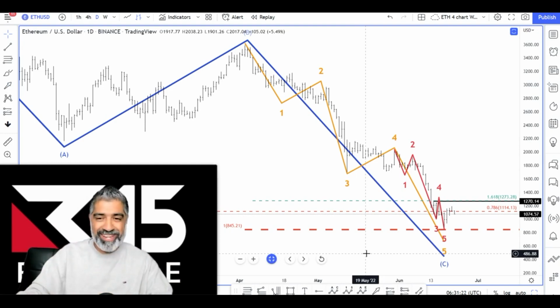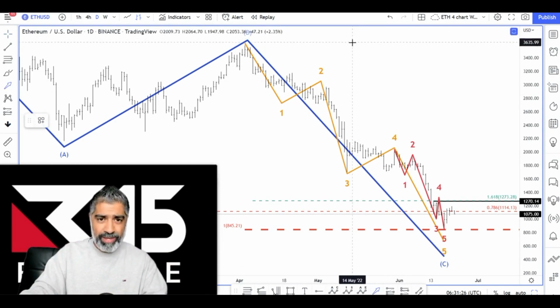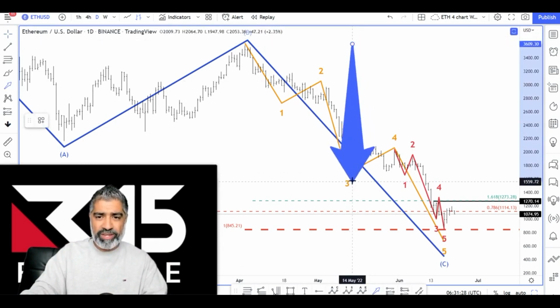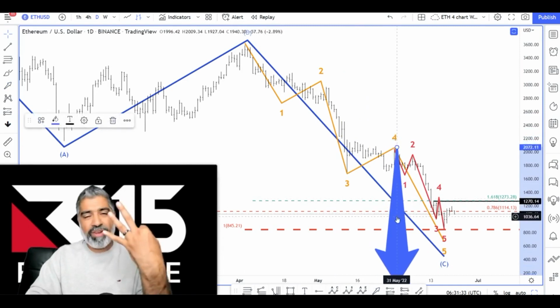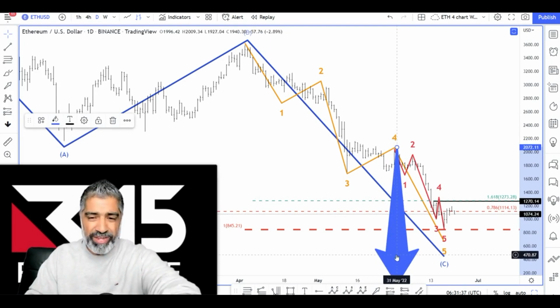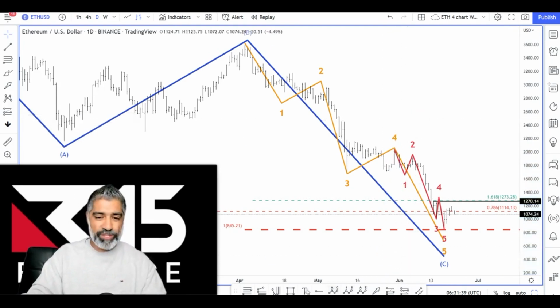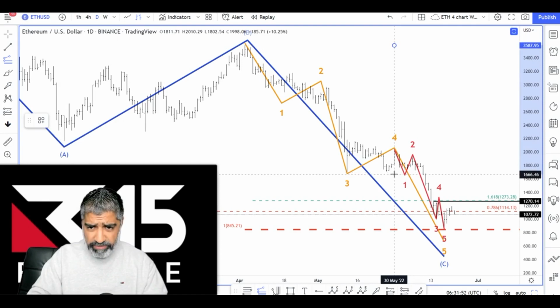What it means in English, I cover this in the masterclass, but I'm going to give you a mini masterclass here. We're going to measure wave 1 to 3 and project it forward from the top of wave 4, and we're going to have 3 ratios: 38.2, 62%, and 100%. It's really the 38.2 and the 62% that are most relevant for us. We're going to see if it clusters over the other ratios, which tells us that it's relevant. So we're looking for a cluster. So wave 1 to 3.